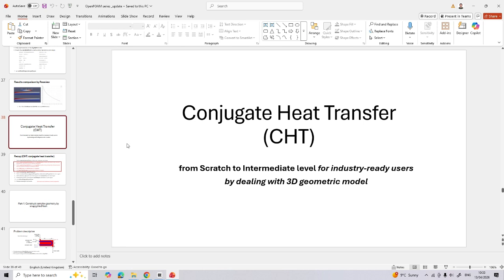Hi everyone, welcome back. We will continue our study on conjugate heat transfer. Previously, I have introduced how to construct the file structure for OpenFOAM from scratch. I recommend you go back and review all the previous settings if you haven't done so. But if you feel confident doing that, I think you are ready to go to the intermediate level to